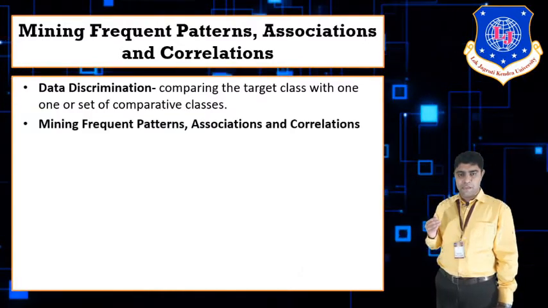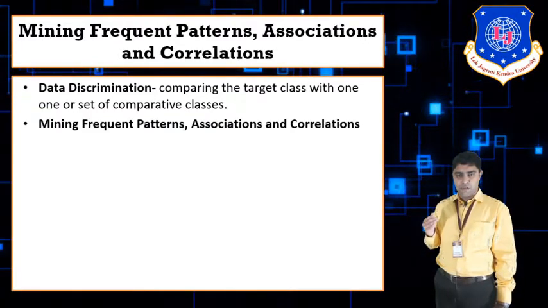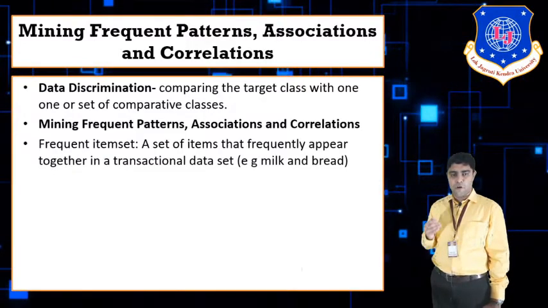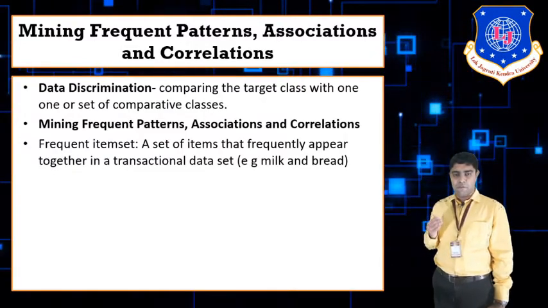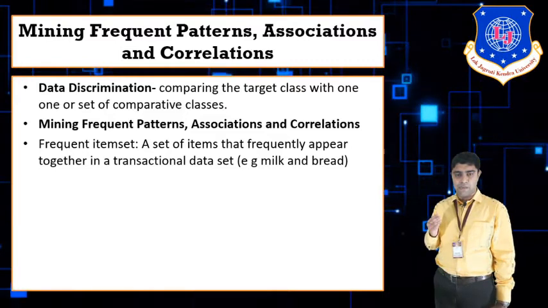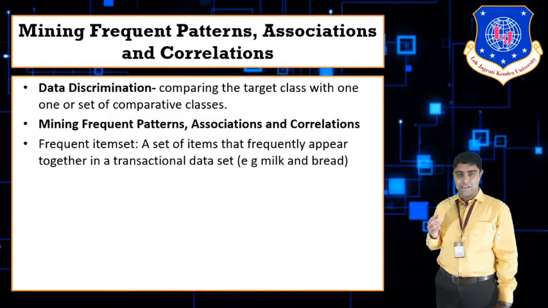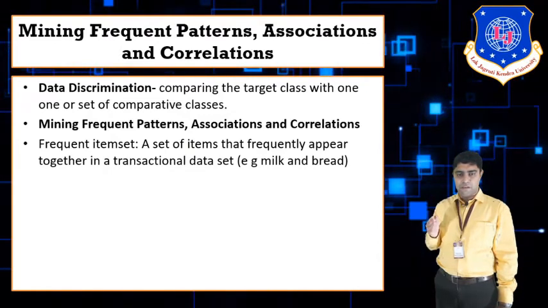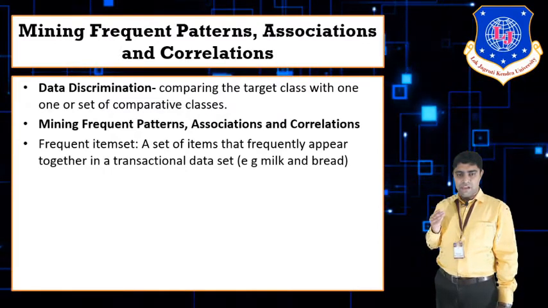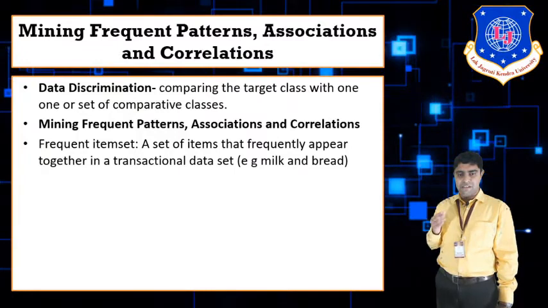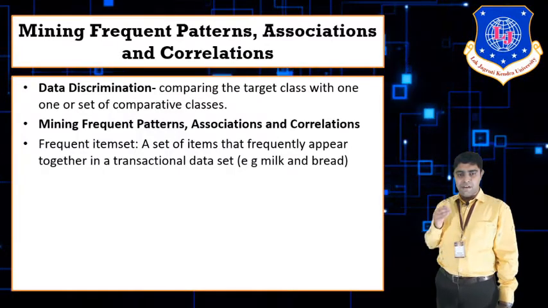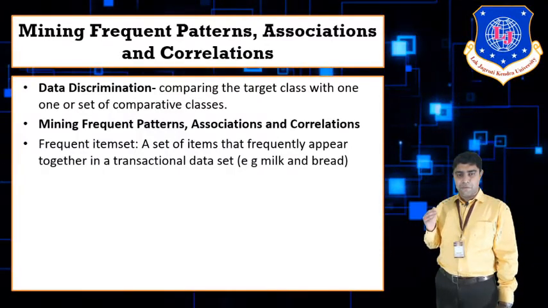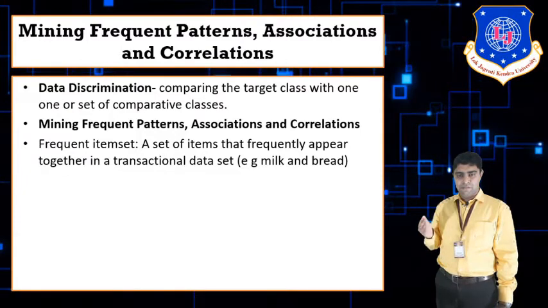Mining frequent patterns, association rules and correlations. For frequent patterns, we will find frequent sets of items. What frequent items are purchased in the market basket? Suppose I want to purchase bread, then I will purchase bread with milk. That is what frequent patterns find in the transaction data. Transaction data is a data set where the transaction ID and item number will be there. An example is milk and bread.